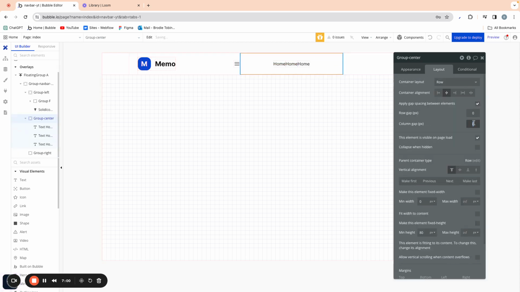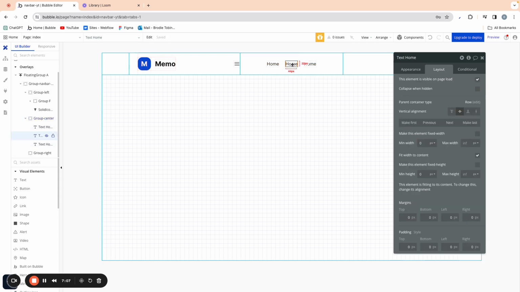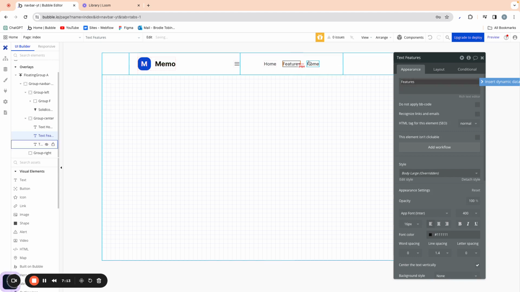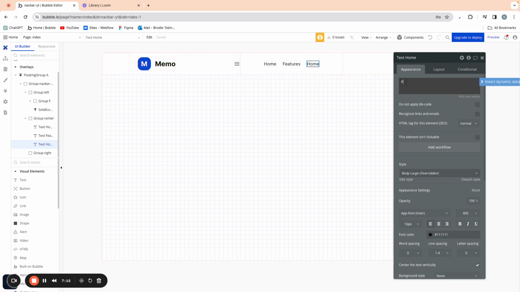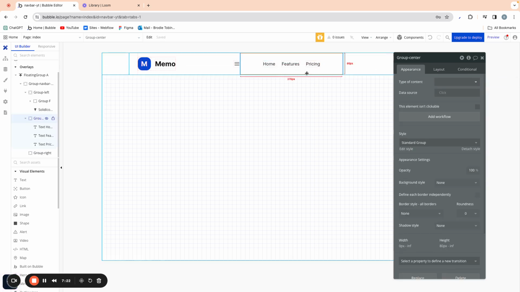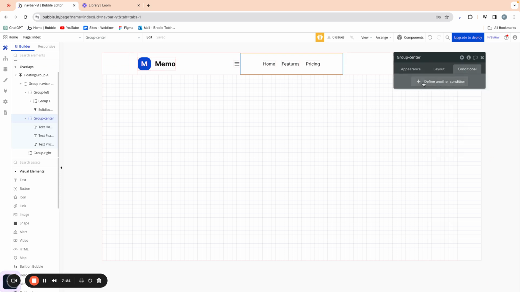Gap spacing, column gap of 24 on the group center itself, as you can see, nicely even and spaced out. I'm going to add in here features and pricing. Okay, nice and clean. Also, what we can do is, while we're here, quickly add the condition on the group